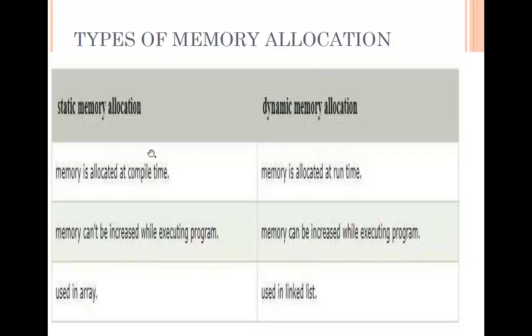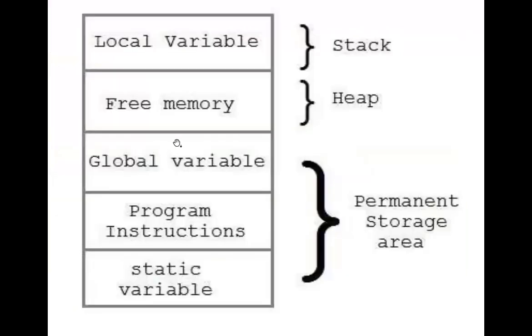So when your memory is assigned during compilation time, we call it static memory allocation. And whenever your memory is assigned during runtime, we call it dynamic memory allocation. Runtime means whenever you are executing ./a.out, and during the execution of the program, if you want to assign memory, we use dynamic memory allocation. Compilation means that before your program is executed, we assign the memory. So static memory allocation will come from the stack, and dynamic memory allocation will come from the heap.